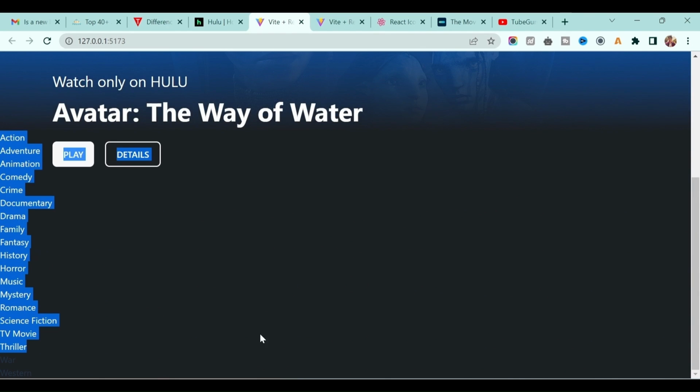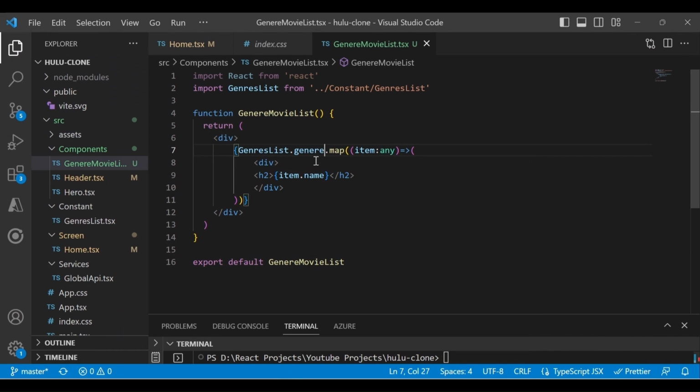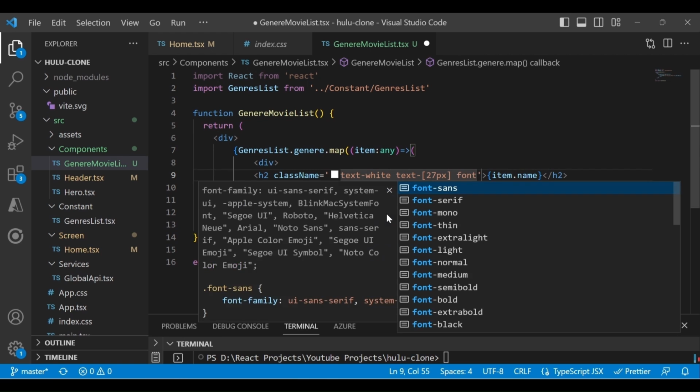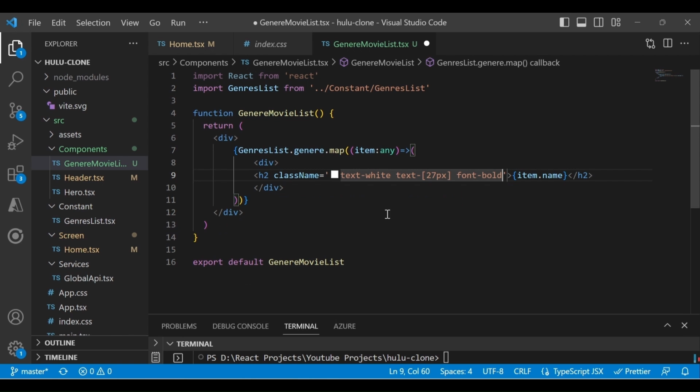It is in a different color, but we will change the color now. So let's give some class, the style, so className. In this case I will write text to be white and text size 27 pixel, and I will say font to be bold, and save it.